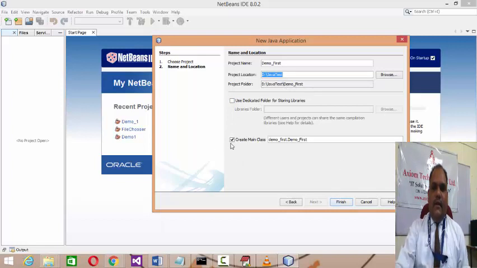And it is asking what will be the main class, what will be the name of your main class. If you want to keep Demo First as the class name, that will be the default. But if you want any other class, let's say my main class name should be test1, and I finish.